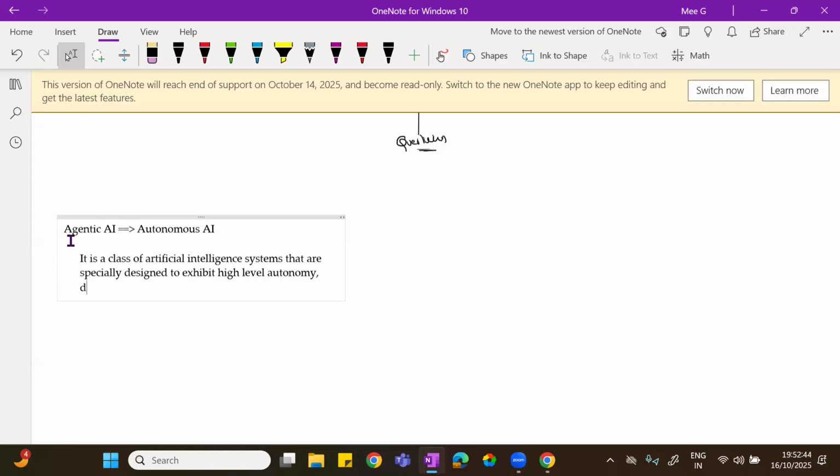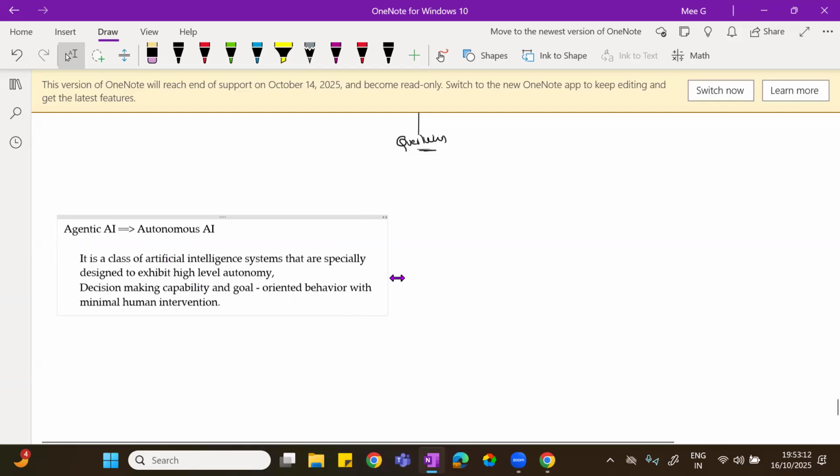Now, decision making capability and goal-oriented behavior with minimal human interference or intervention.